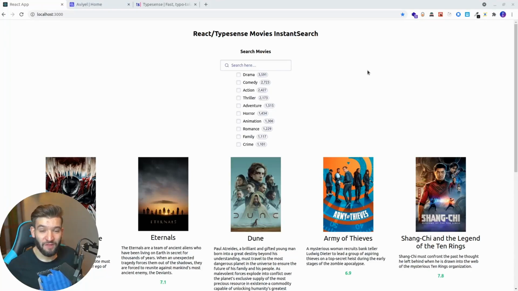Hi everyone, in this video, we're gonna create an instant search movies application using React and Typesense. This is the application I'm gonna be creating by the end of this video, and this is all happening using Typesense instant search. What I mean by this is you will be able to search a huge collection of movies, almost 10,000 movies on a database, in just a glance in less